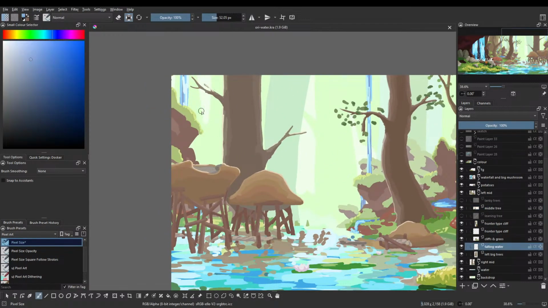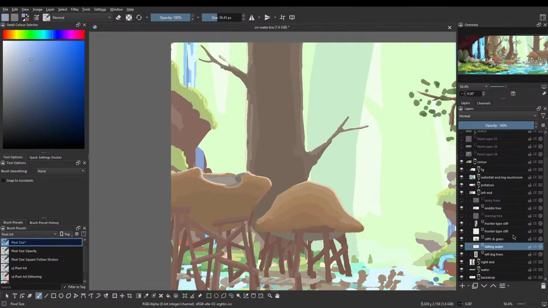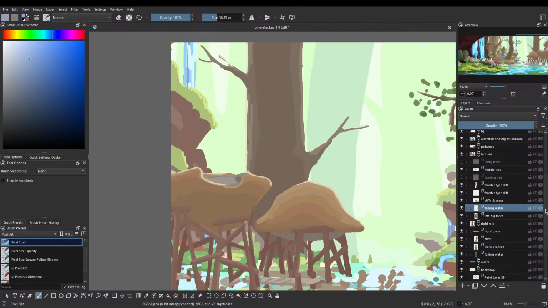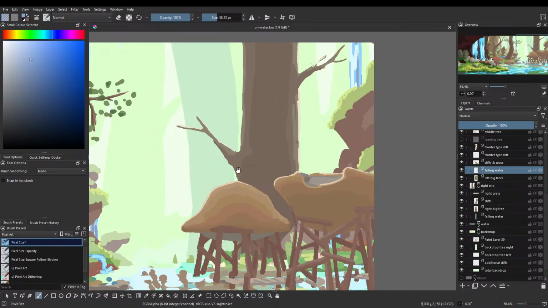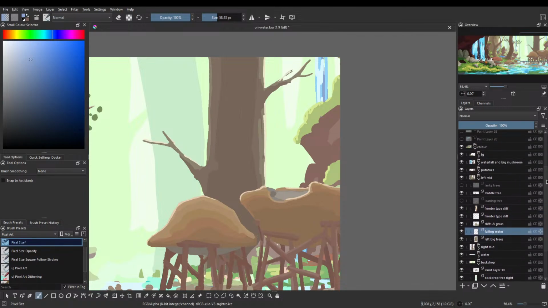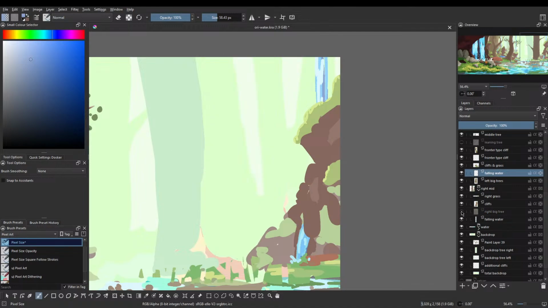Falling water. I'd appreciate if there was a little bit of it somewhere around here. Maybe something spilling out from there would be a decent improvement. Yeah, I'm thinking I'm doing that, but on the correct layer, shall we? That's right. We are actually getting into proper layer management. Would you believe it? I wouldn't. This layer, yeah, you should go, because I'd like to do a similar type of treatment to this side as I did to the other side.